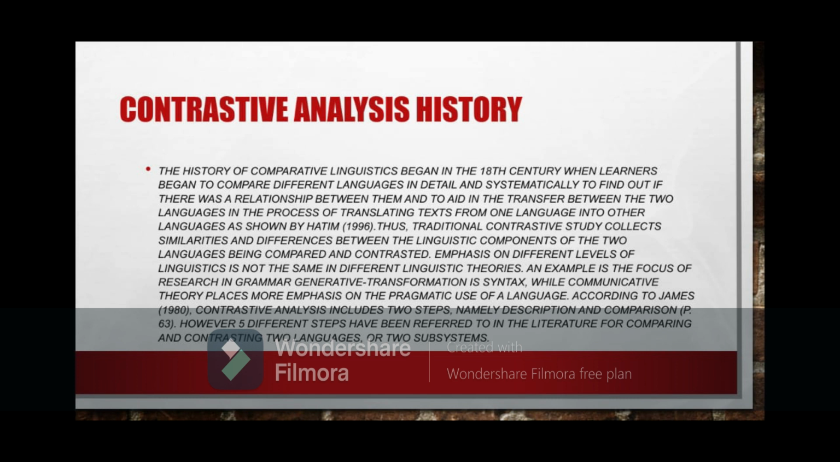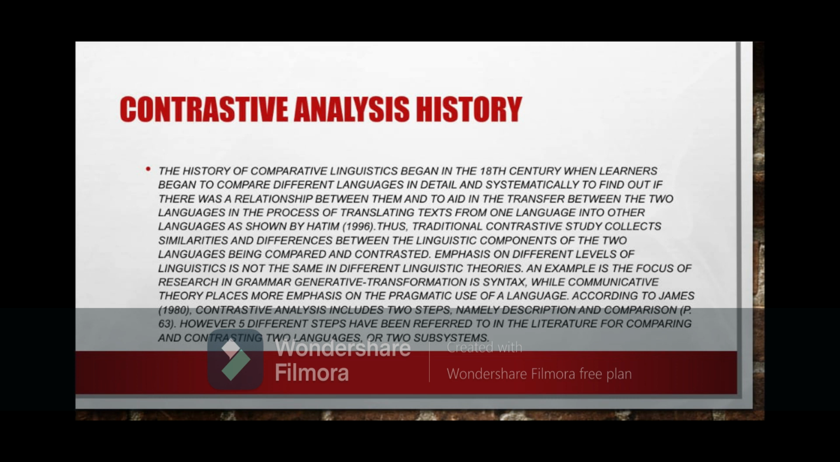Emphasis on different levels of linguistics is not the same in the different linguistic theories. An example is the focus of research in grammar. Generative transformation is syntax, while communicative theory places more emphasis on the pragmatic use of language. According to James, 1980,